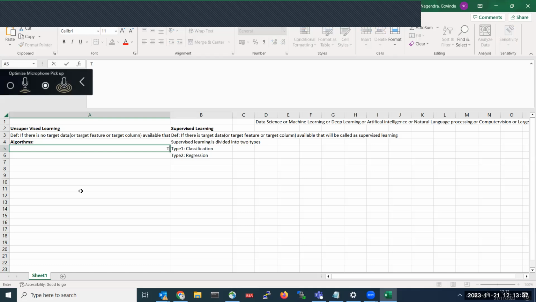Same, unsupervised learning also we do have. It is also used in two different ways.